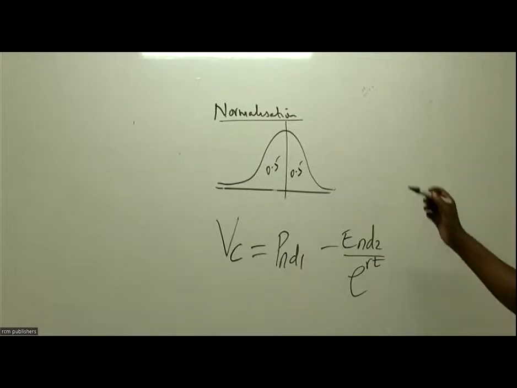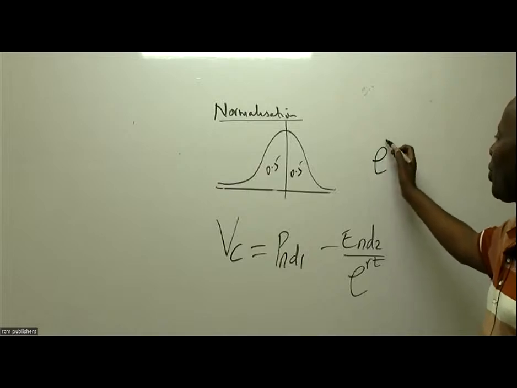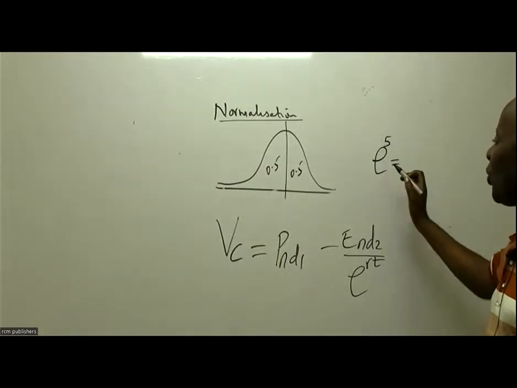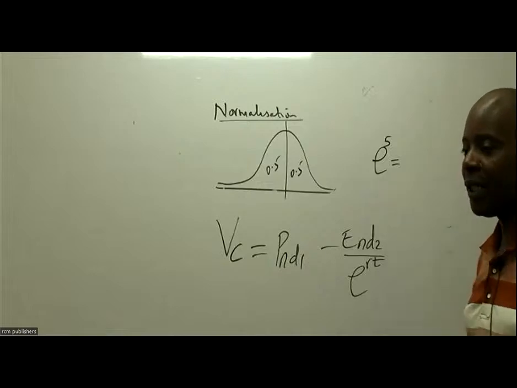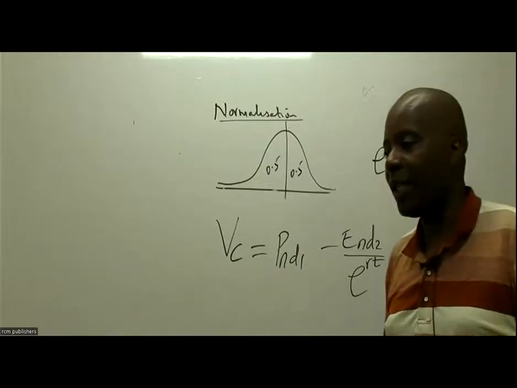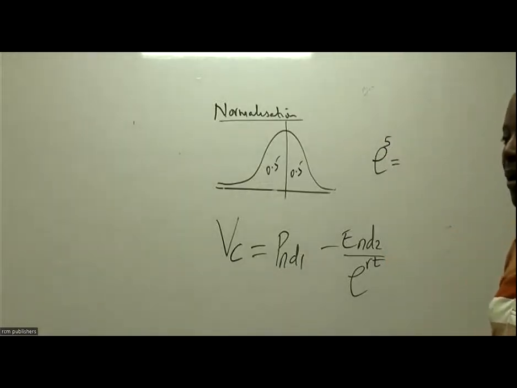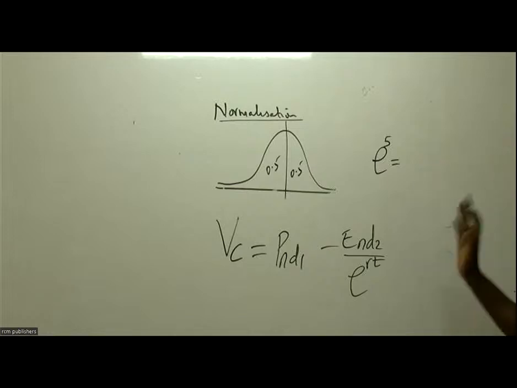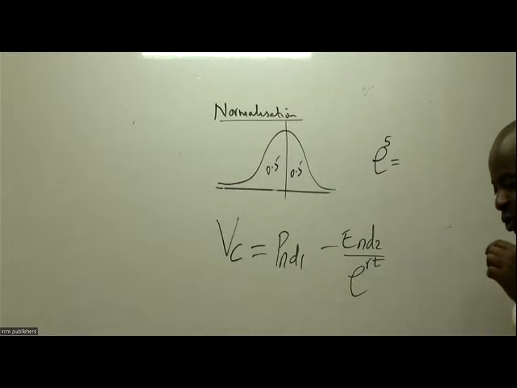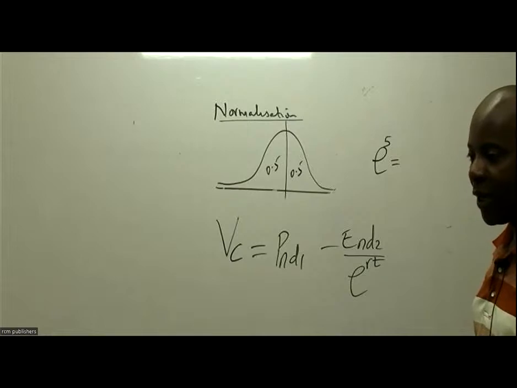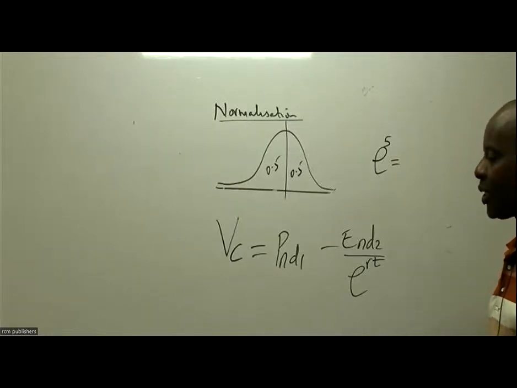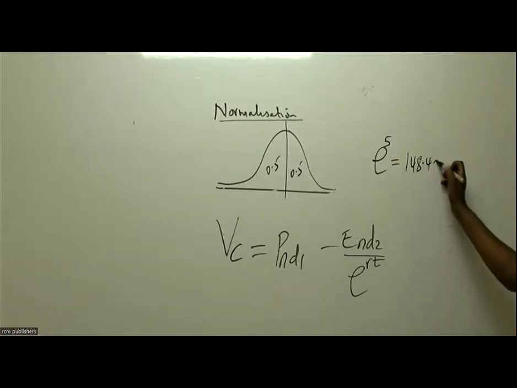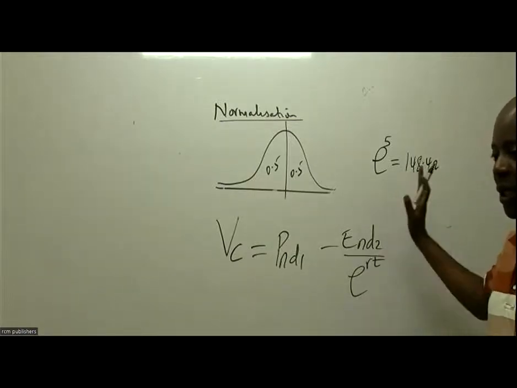So first I will look for E, and I would want to see whether there is any student who will be able to give me this value from your calculators. Are you able to see E somewhere there? You'll be able to see it underneath the log, around where the logarithm is, where the on button is. So please ensure that you pick it up and then you raise it to power 5 and give me an answer. Like Lucielan is giving me 148.42, E raised to power 5. Don't write this, it is just for our sake here to try.